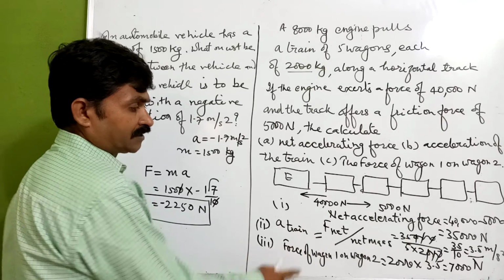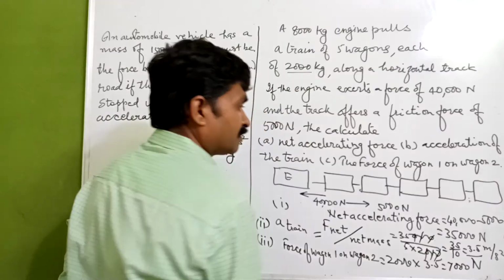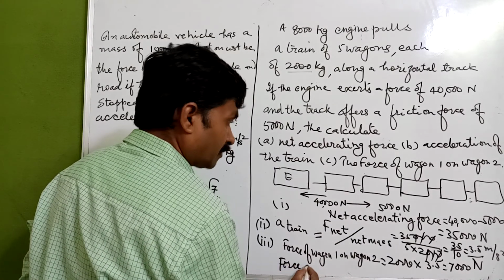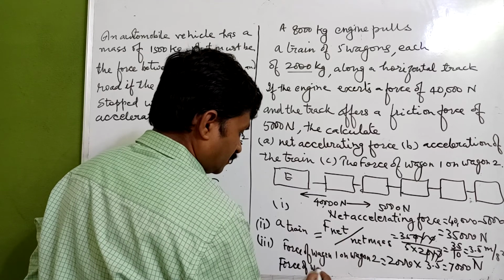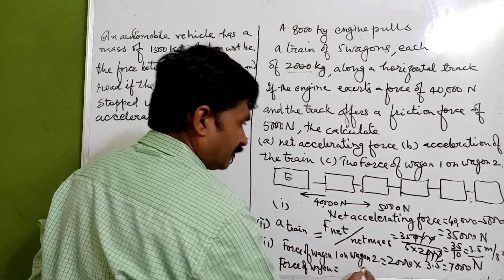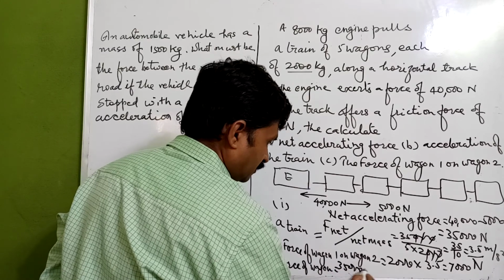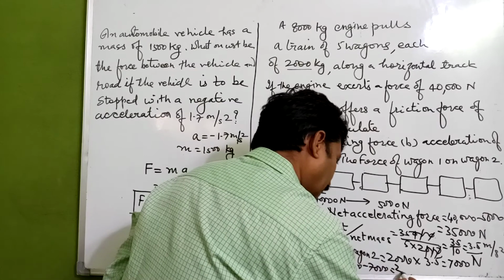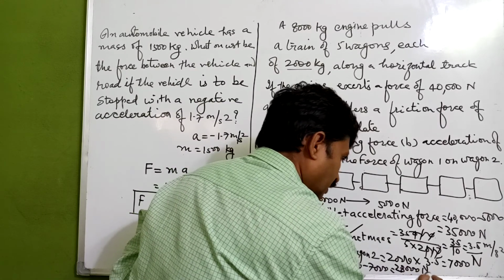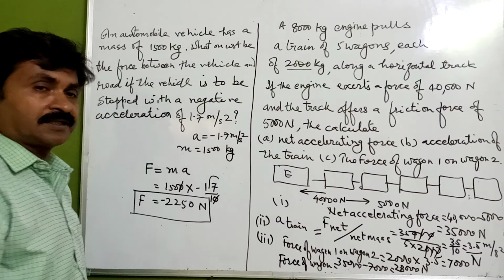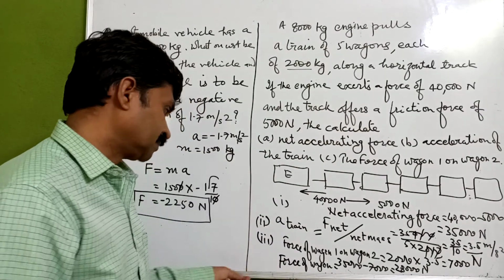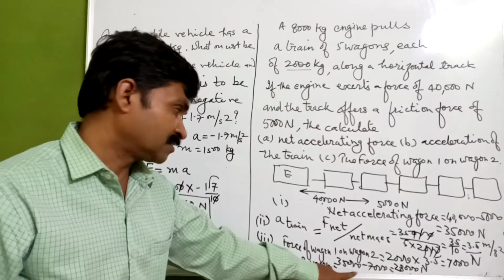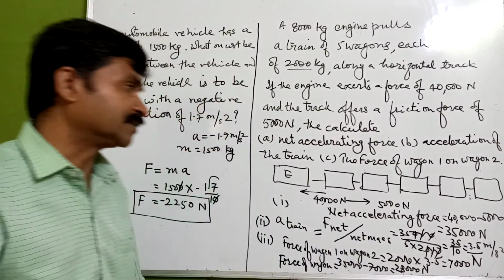Here we are forgetting one thing, that we have to subtract this from this, so finally we will get the answer. So it must be kept in mind. The force of the wagon will be given by this: 35,000 minus 7,000, so it will be 28,000 Newton. We had started with the second numerical. Before it we have to calculate this also, but we forgot to do this. Now correct this. The final answer will be 28,000 Newton.